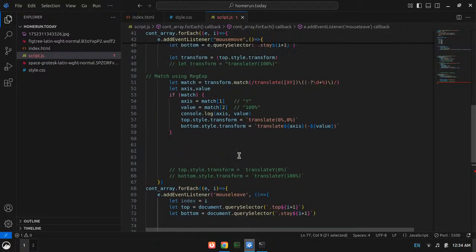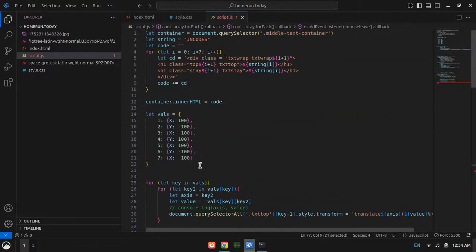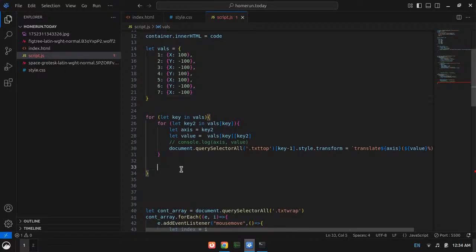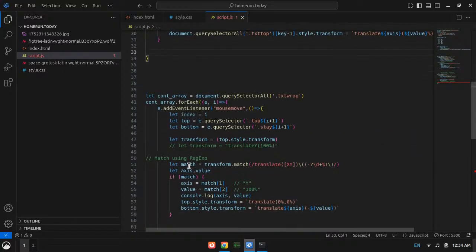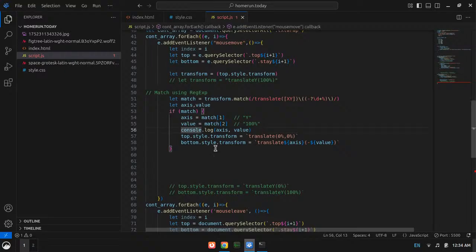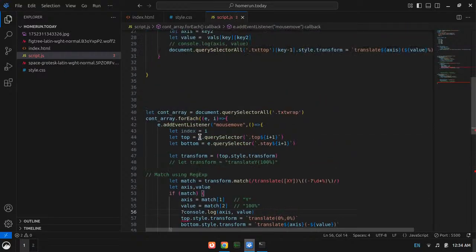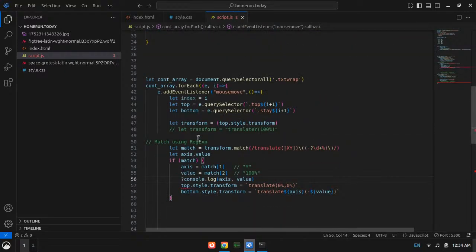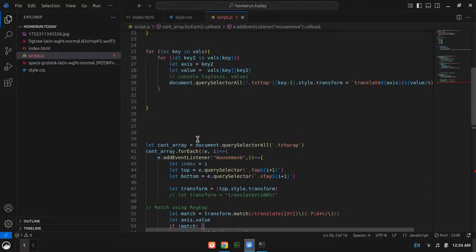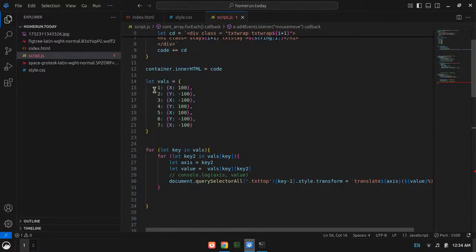No, that isn't going to work. What I need is, first of all, let me remove any unnecessary console logs, control slash. And what I need is the value and the position and the value, right?